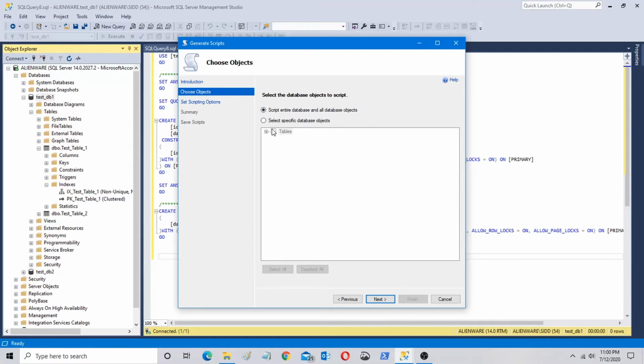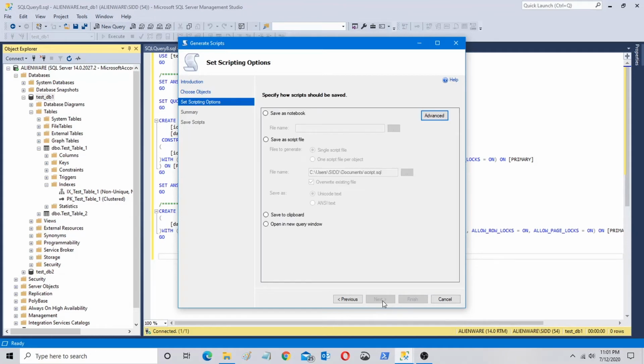Or else what you can do is that again you have options. For example, if you have tables, if you have functions, if you have stored procedures, all those are going to be listed up here, and you can script them out. So in case, let's suppose I had 10 tables and I just wanted to select 5 tables out of them in a particular script, I can select from here. All right, so let me currently stick to the default option and go to next.